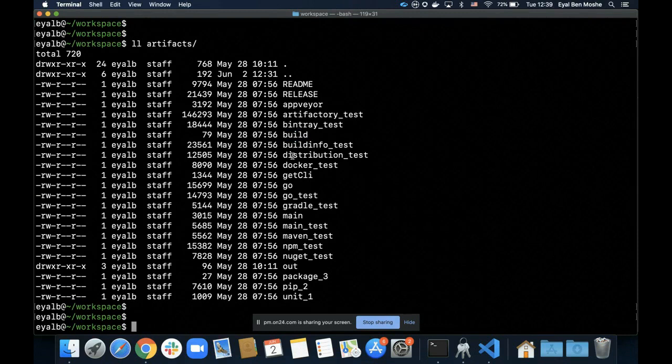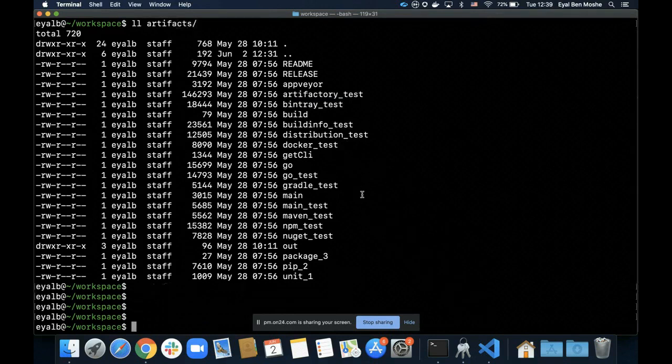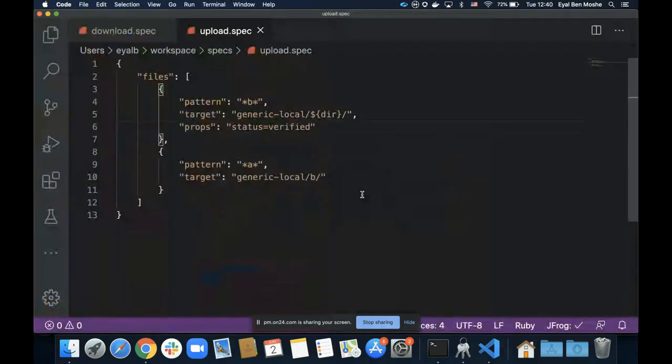I want the file to still be uploaded according to its name here, but I want to add something like a suffix to this file. So let's try to do this. I'm going back to my upload file spec, and here, as you can see, I'm saying, all right, please upload it into the directory that I'm providing you. But I also would like to use,